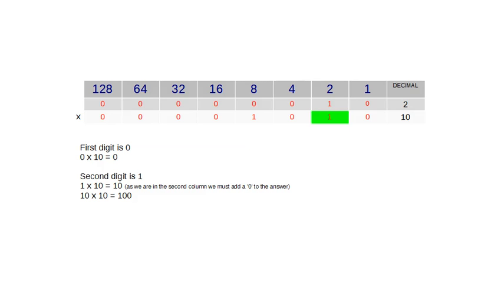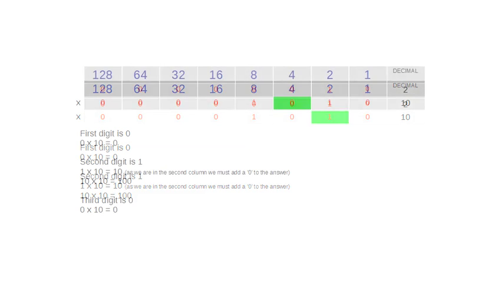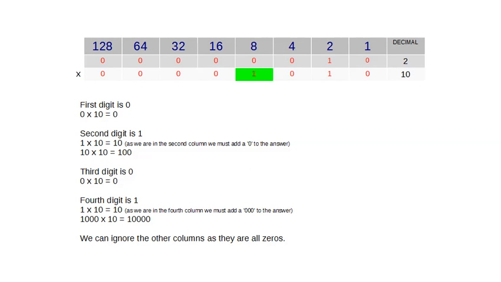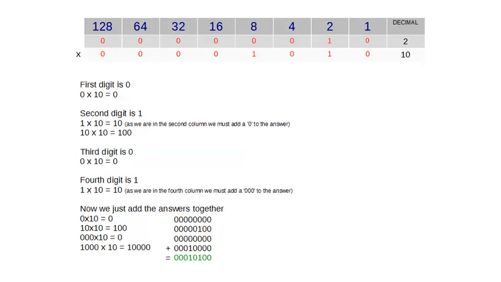So we move on to the next column. So the third digit is 0, so 0 times 10 equals 0. And then we move on to the fourth column. So the fourth digit is 1. So we say 1 times 10 equals 10. But as we're in the fourth column, we must add 000 to the answer. So that then becomes 1000 times 10 equals 10,000. We can ignore all the other columns as they're all zeros,